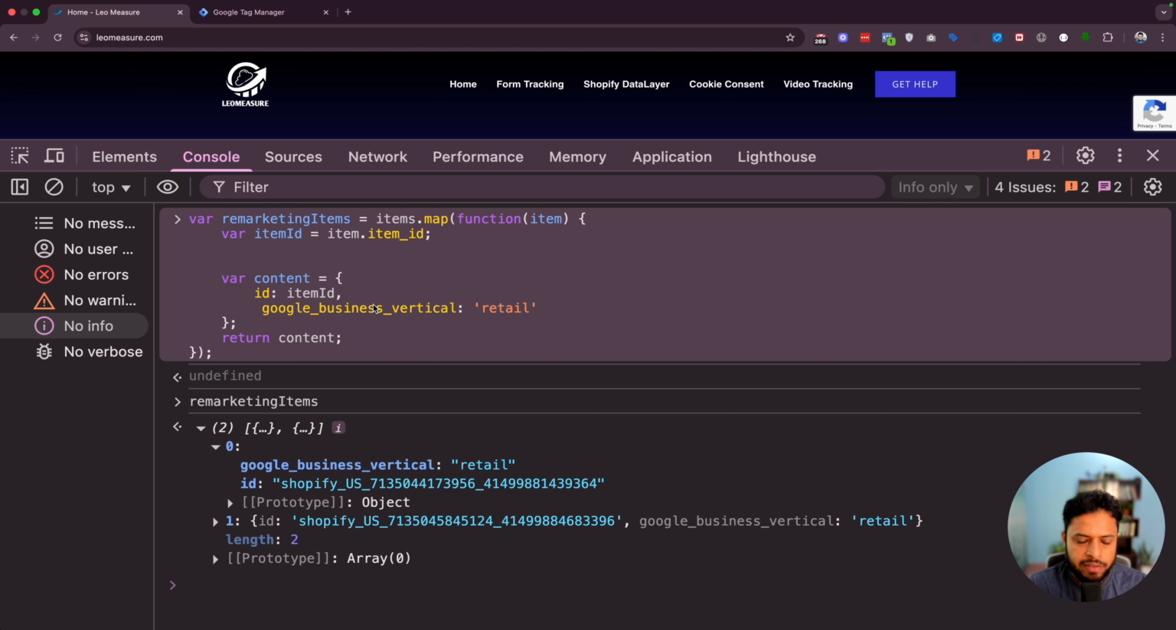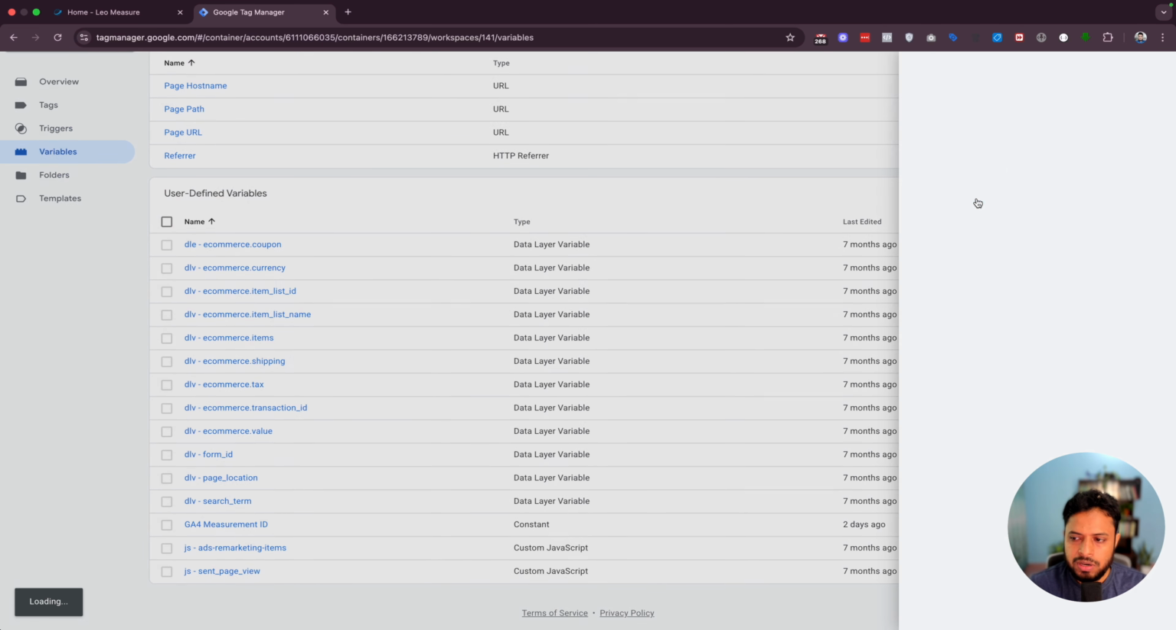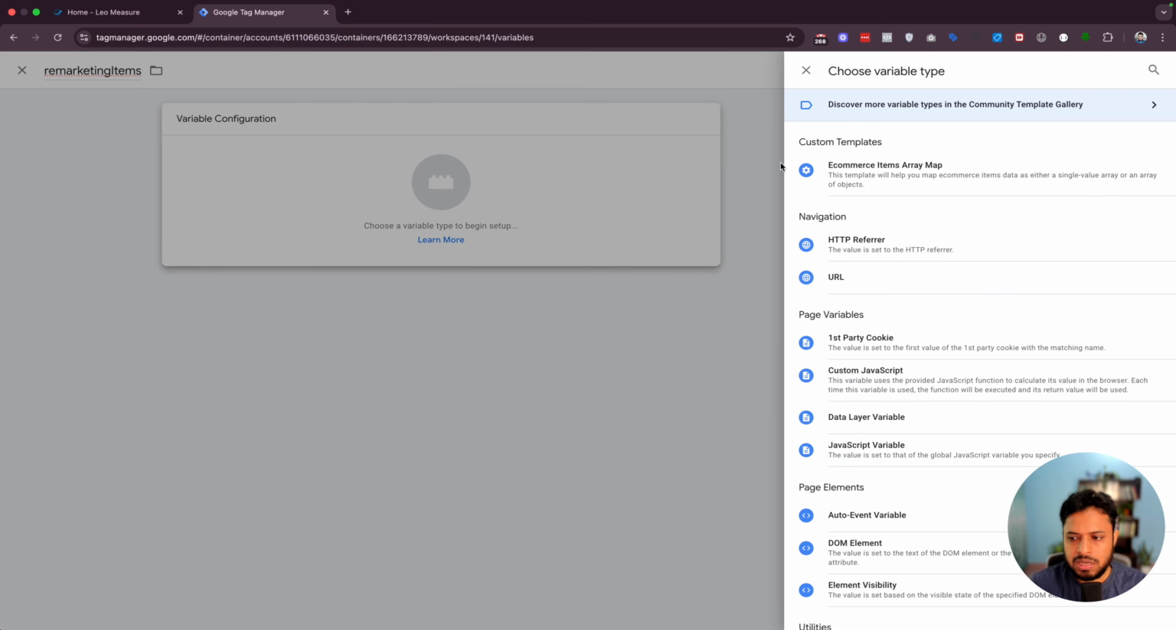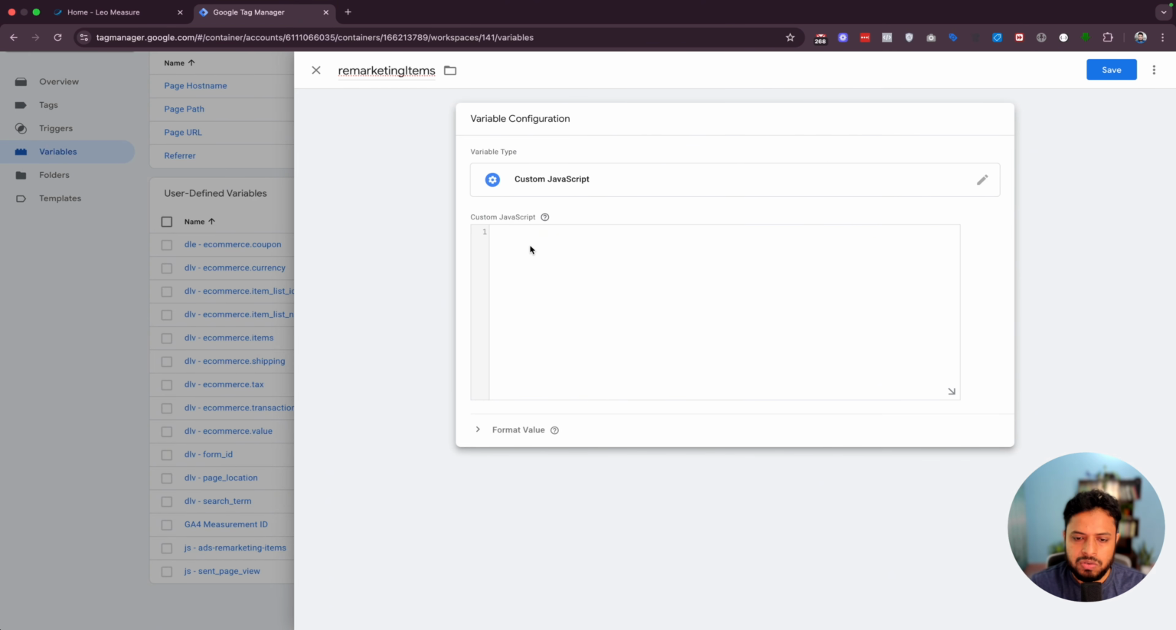Now the code we have written here, if you like to use this code in our Google Tag Manager, it is very easy. I just copy this code from here, and I'm going to Google Tag Manager. And if we like to create a new variable, remarketing items, and I'm just clicking here, we need to click custom JavaScript, and here actually we need to write a function first. This is a function, and then we need to return the value here. I just paste all of the code here, and finally we need to return our output